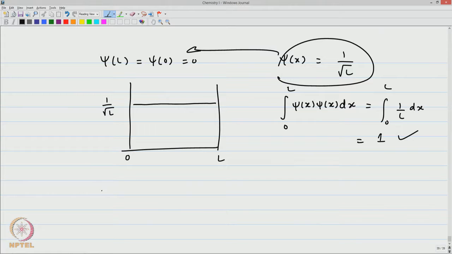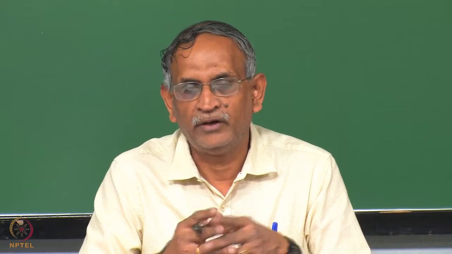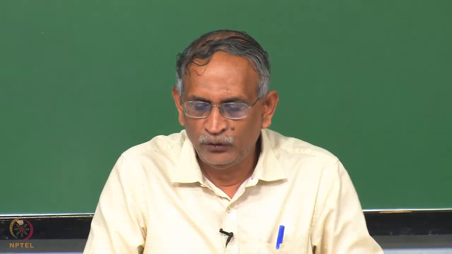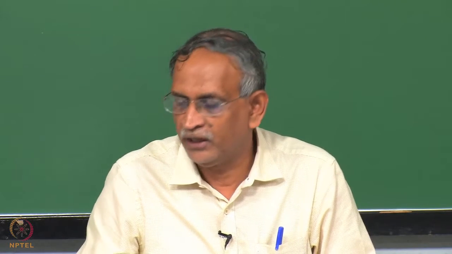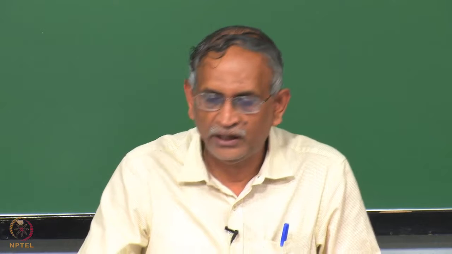It is normalizable and it is a general function satisfying the boundary condition. Therefore, we can always write 1 by square root of L as a linear combination of Cn root 2 by L sin n pi x by L, n equal to 1 to infinity. Now, from the previous problem, that had this particle in a box arbitrary wave function, we know immediately how to calculate Cn,